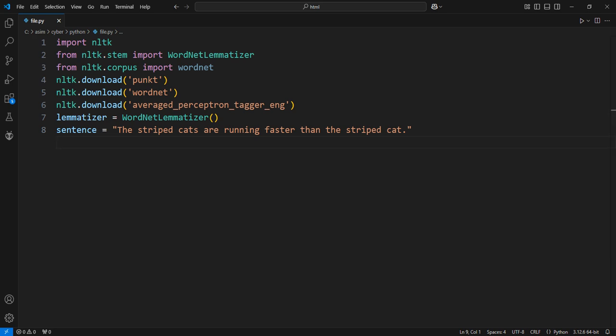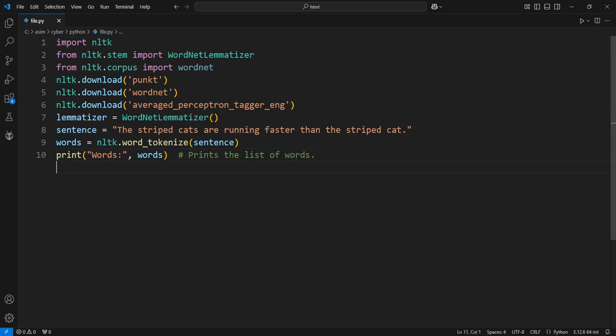Tokenizing the sentence into individual words. NLTK.word_tokenize is a built-in function that splits the sentence into a list of words. The words are now separated into individual tokens, such as